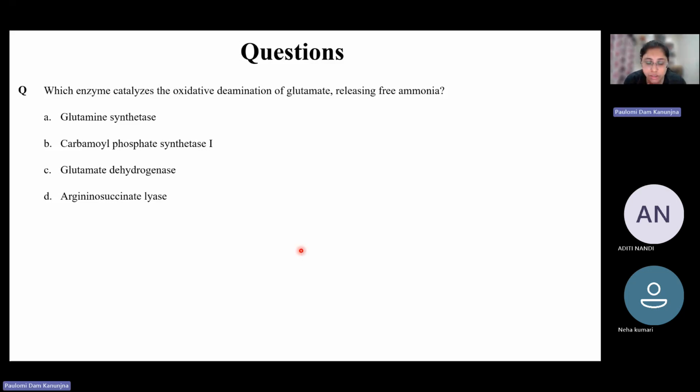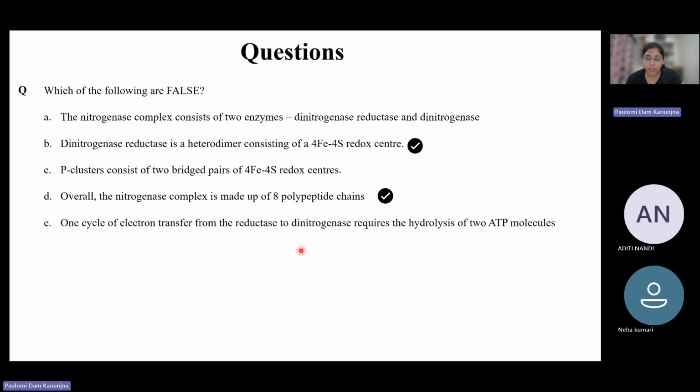E is correct. Wait, just a second. So C, right? Yeah, so this answer is correct, as we have already seen. When you have deamination of glutamate, you have glutamate dehydrogenase. Coming back to it,